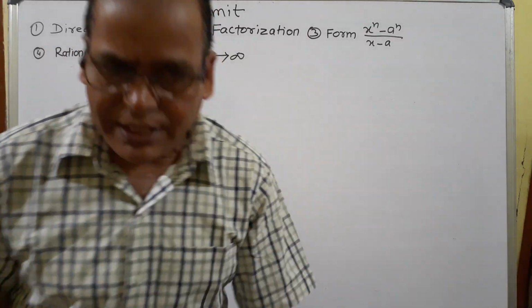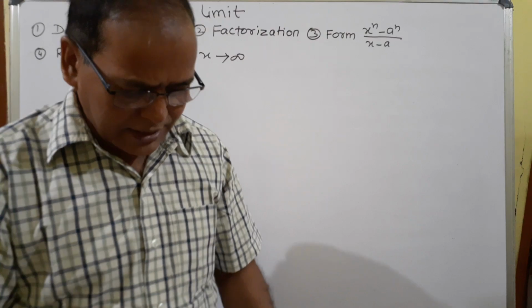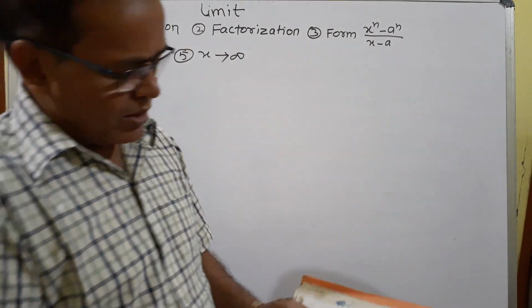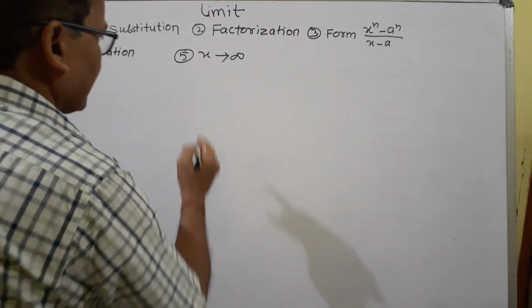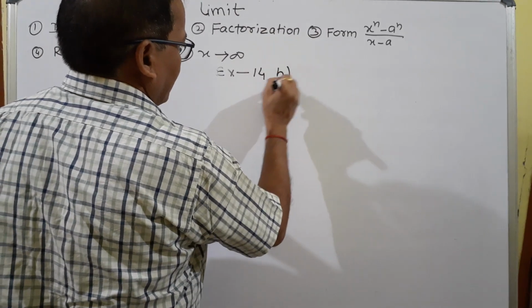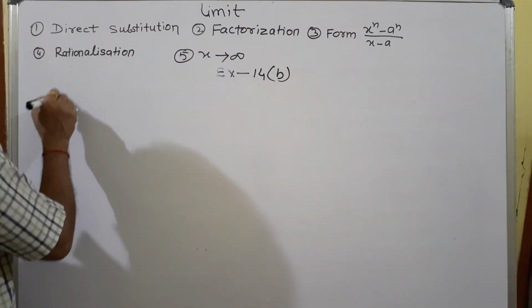In different exercises, different methods are practiced. In each exercise, one method is practiced. So one by one we will learn. First of all, the direct substitution method, in exercise 14b. Question number 1 is